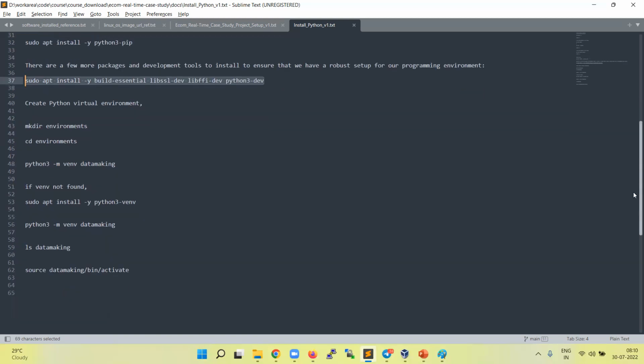This step is for SSL certificates or something to communicate between Python and MySQL, but I am not very sure. Generally I used to get an error like GCC lib not found.